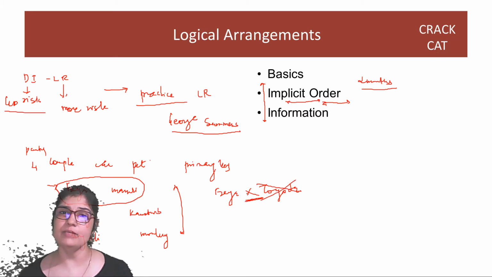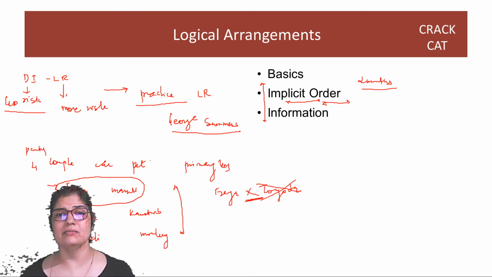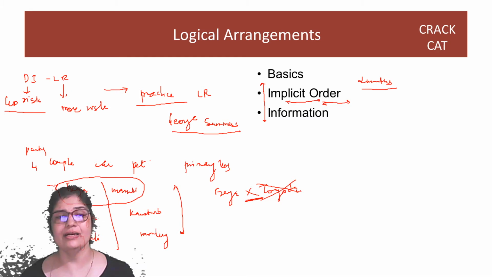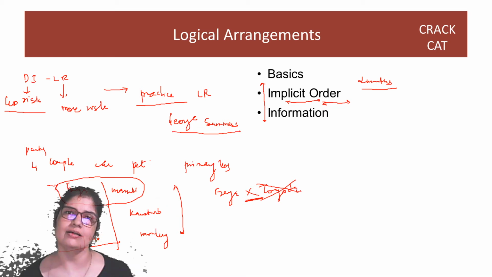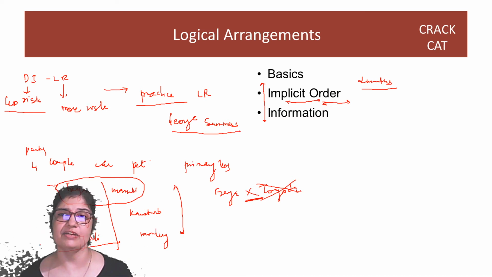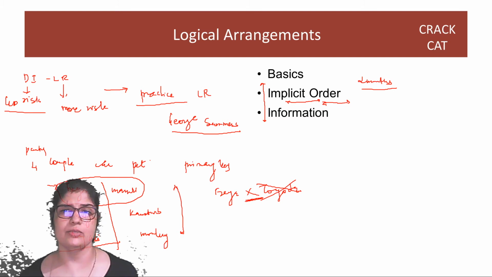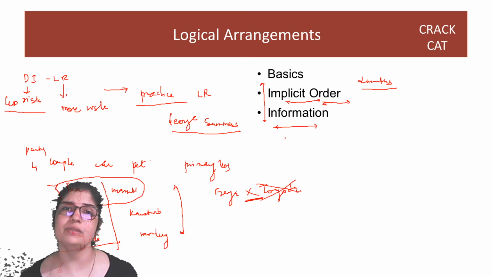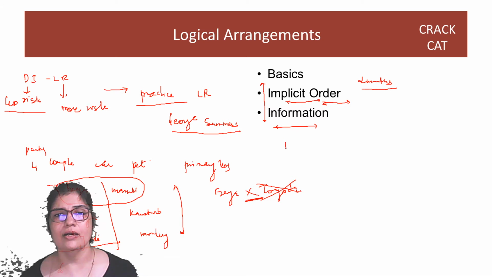So indirect information helps us, but the more direct information you have for a particular key, that becomes your primary key. So, I will start by putting wives and then I'll try and arrange the husbands and the cars and the pets around the wives. So this is the first question you'll need to ask yourself whenever you solve an analytical reasoning or logical reasoning question: okay, what is going to be my primary key? Right? And once you pick up the right primary key, then solving the questions becomes easier.